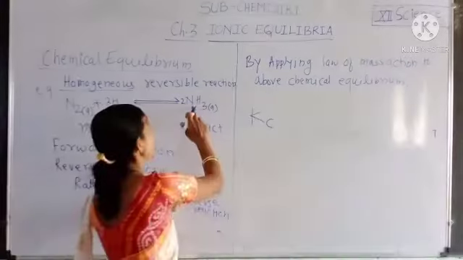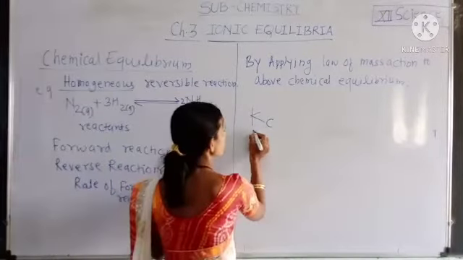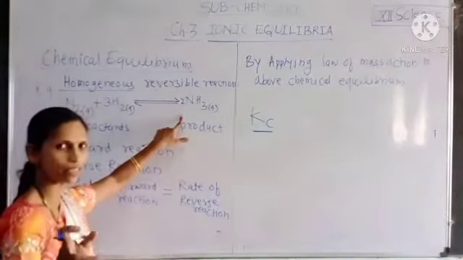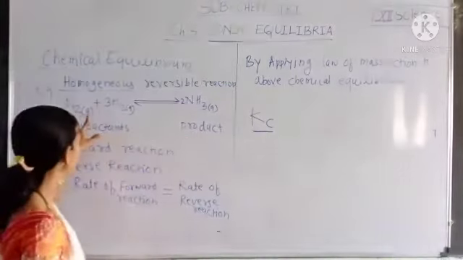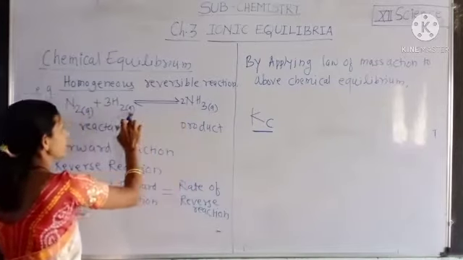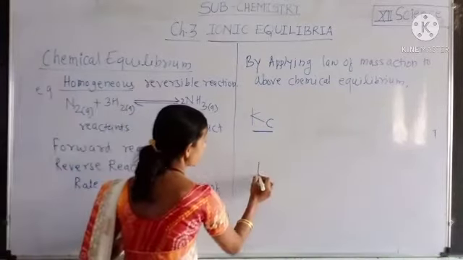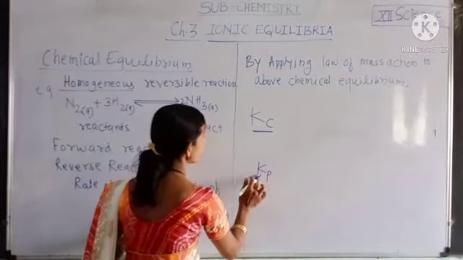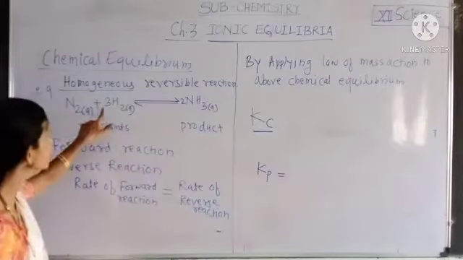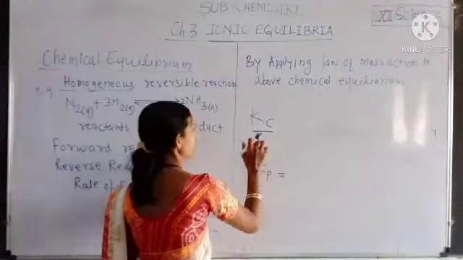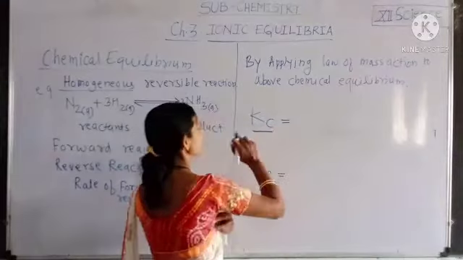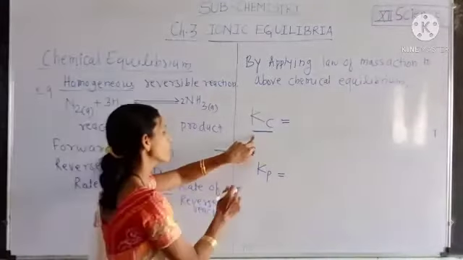And if the reaction takes place in gaseous state, that means the reactants and products are all in gaseous state, then we write the equilibrium constant for this reaction as Kp. If this reaction takes place in liquid state, with reactants and products in liquid state,